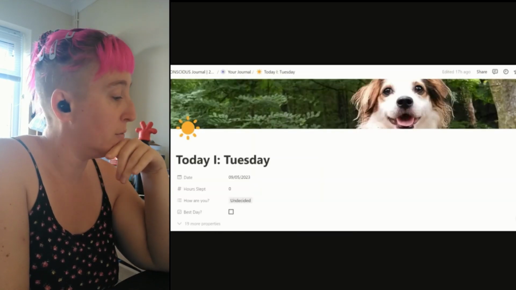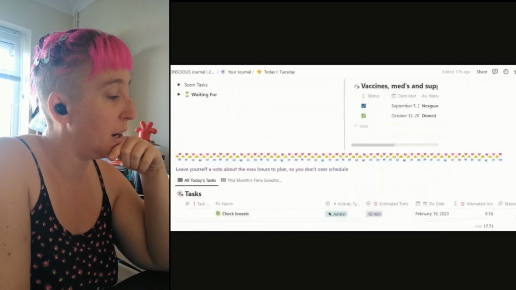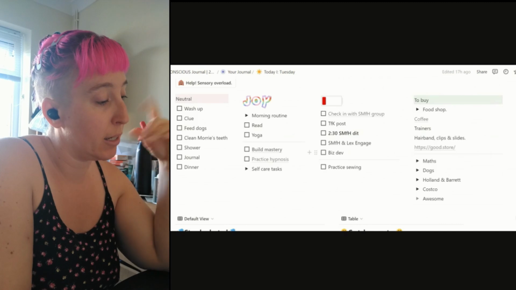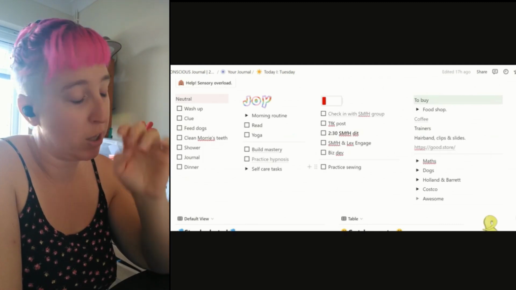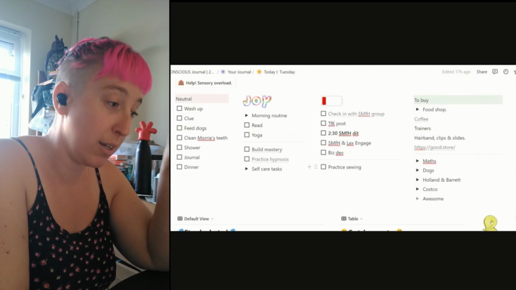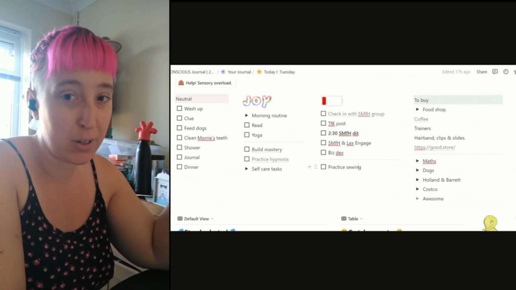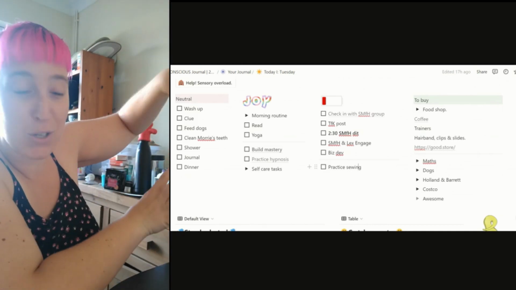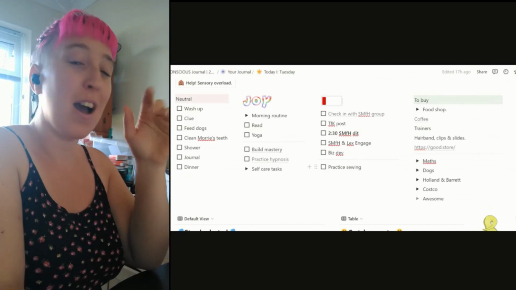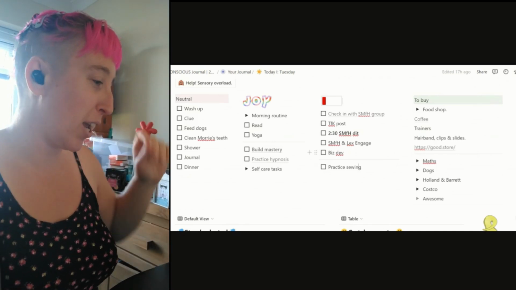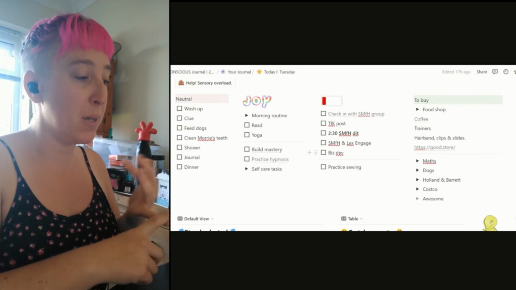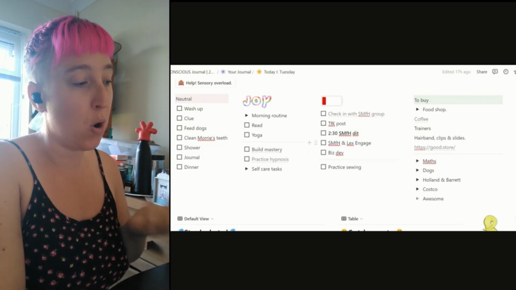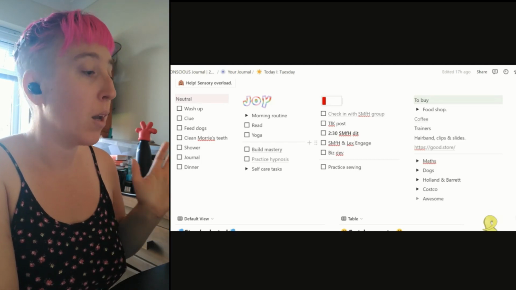I have been through and filled in some of this stuff, but you will see it is slightly different. So some of the stuff that auto-populates is practice sewing, which is actually not going very well this year because reasons, but it's still on there because I do intend to do it. It will happen. There are literally two sewing machines here. It's gonna happen. I have started, this is not part of this video. I also have business development,